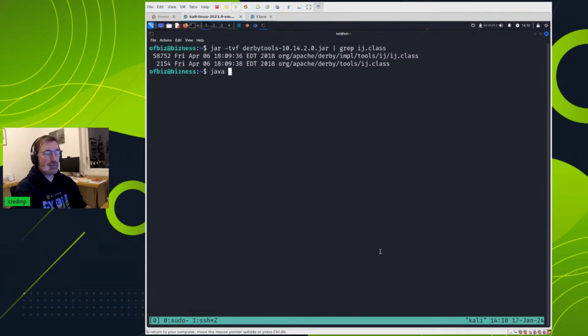So there is Java available on this machine because it's a Java machine. When you run Java, you need to pass it something called a class path, -cp. And the class path is basically the collection of jar files that you want to have as a base for this application to have available to program parts. So let's start with the Derby tools, and we do